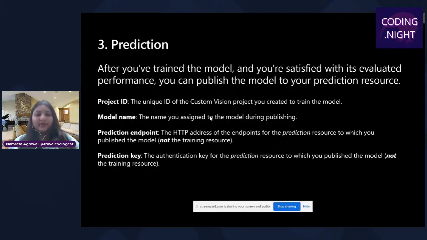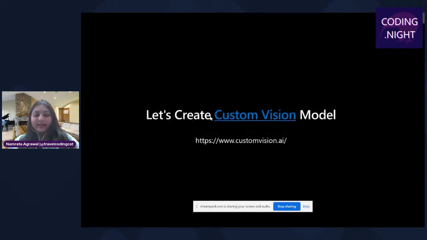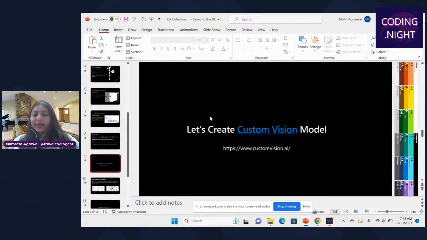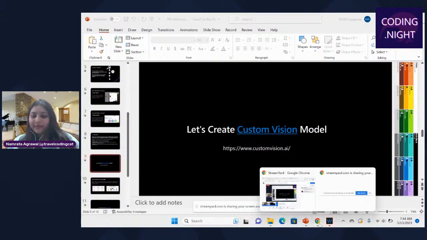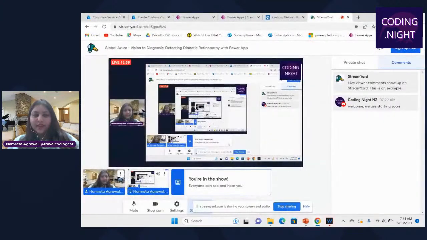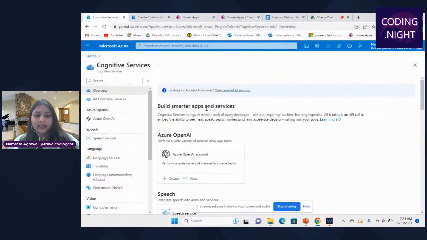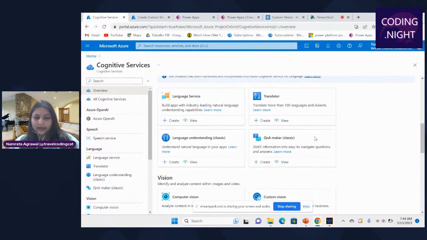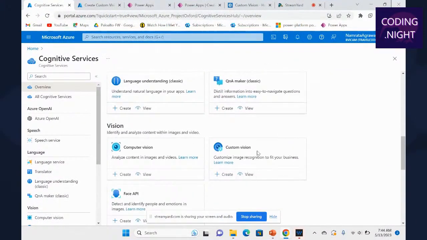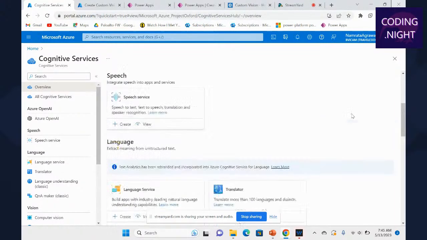So next, move ahead, custom vision model. Let me show you how your custom vision website looks. Okay, let's move ahead with this. So first of all, these are the custom vision services, and these are all cognitive services offered by Azure.